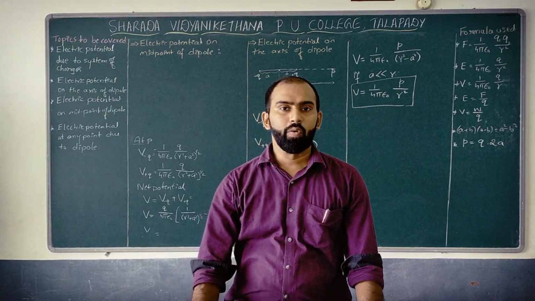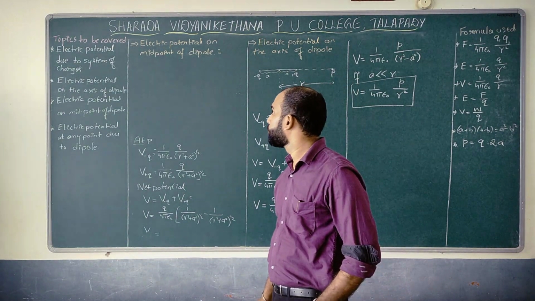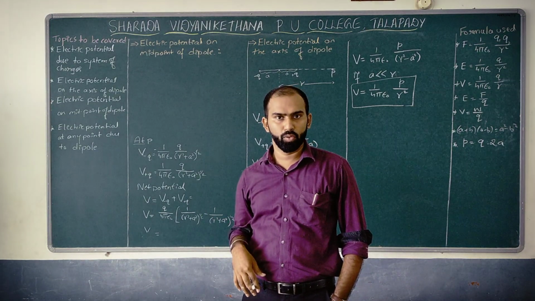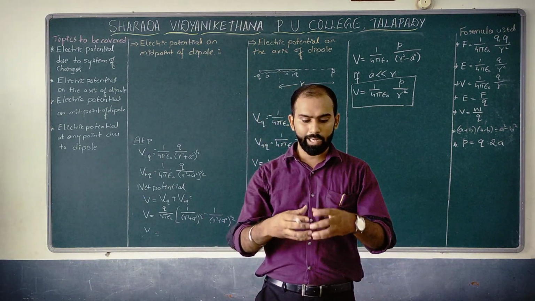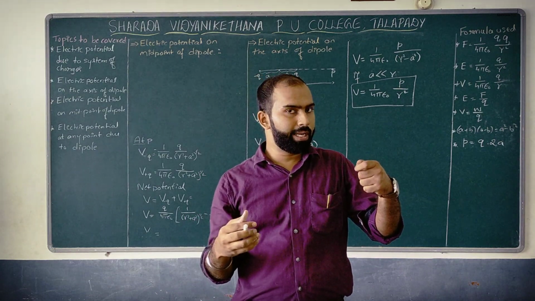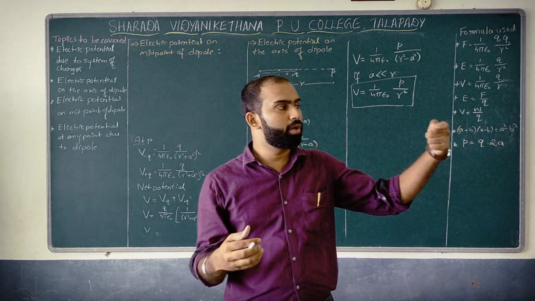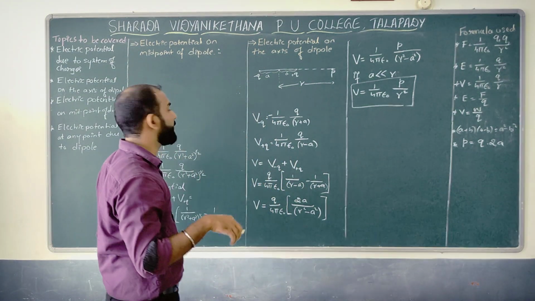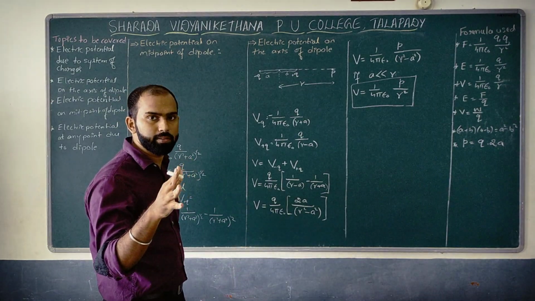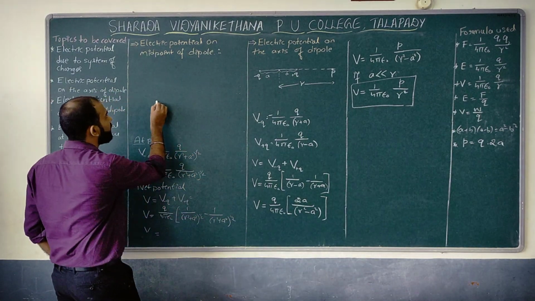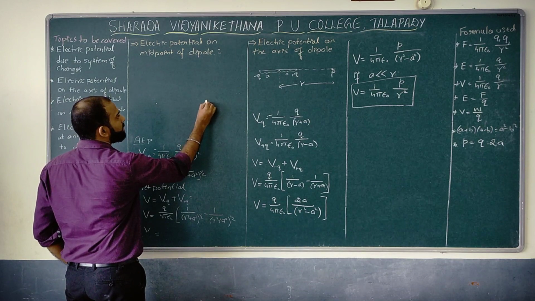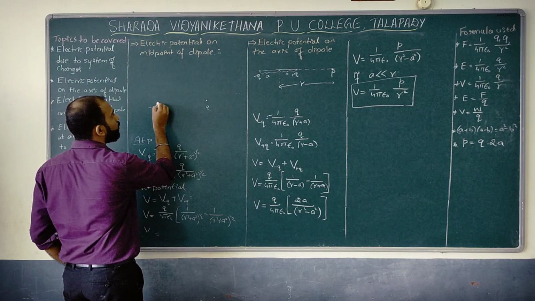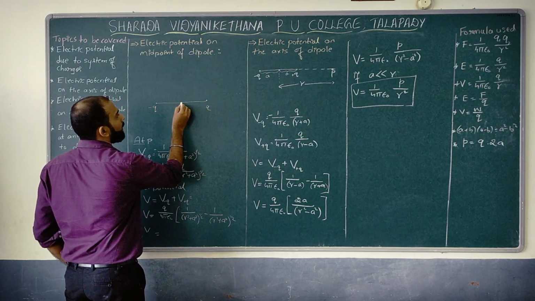Yes. We will move on to one more point of today's discussion, that is electric potential on the midpoint of a dipole. So far we have discussed, by taking an electric dipole, electric potential on the axis, correct? So now your job is to keep your point P exactly at the midpoint of the dipole. Since it is a dipole, how many charges should it have? Obviously two charges separated by a small distance. Let us say you have kept a minus q and a plus q. If it is so, can I say it is a midpoint?